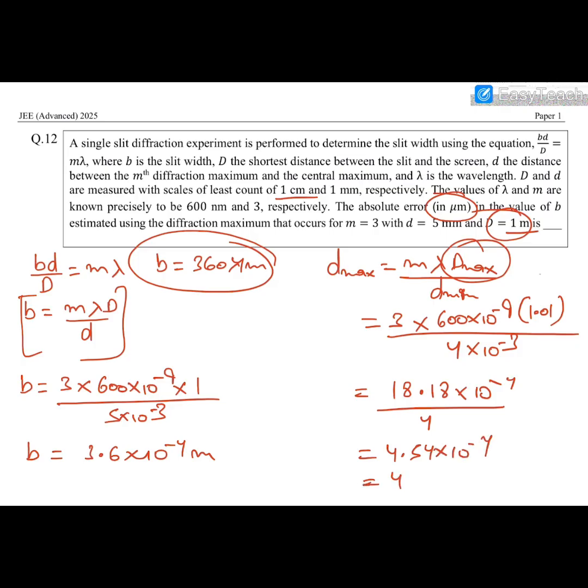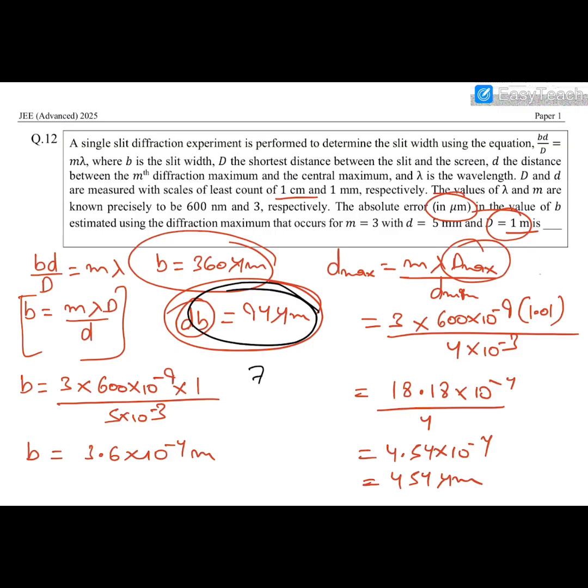So it is 454 micrometers, and therefore the error in B, dB, will be 454 minus 360, which is 94 micrometers. So the answer of this problem should be 94 micrometers, and if you will use the method of differentiation, then